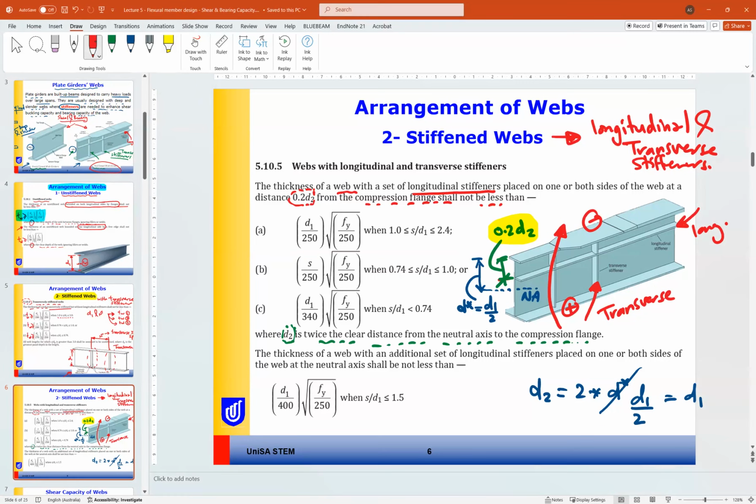So in this case, TW, the web, should be more than D1 over 250 multiplied by root F yield over 250 when S over D1 is between 1 and 2.4. Again, what is S? S is the distance between